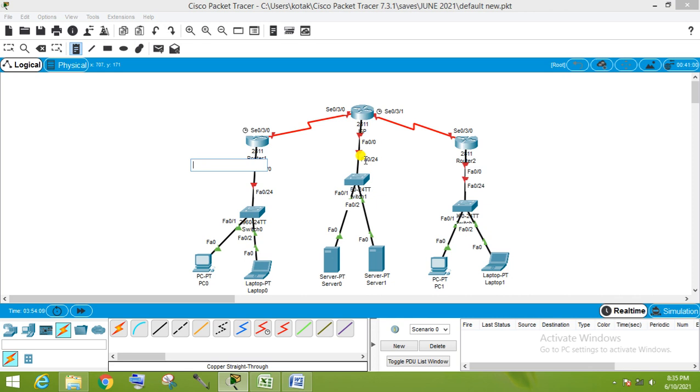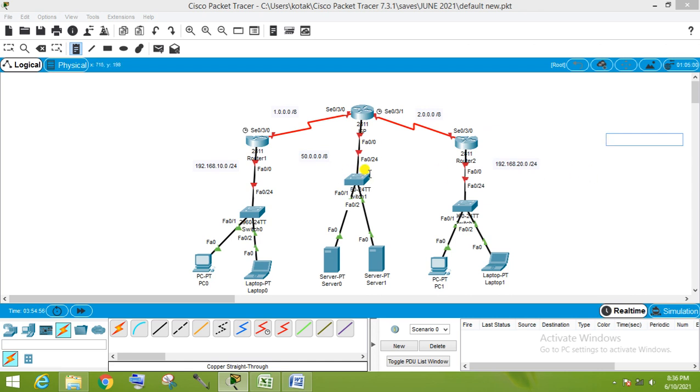Suppose I am giving 192.168.10.0/24 here, and here I will give 50.0.0.0/8 for this interface, 192.168.20.0/24 here, 1.0.0.0/8 here, and 2.0.0.0/8 here.